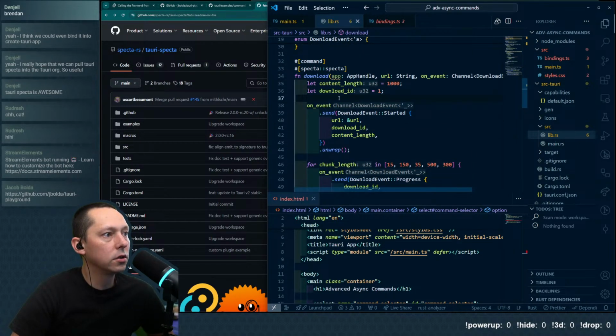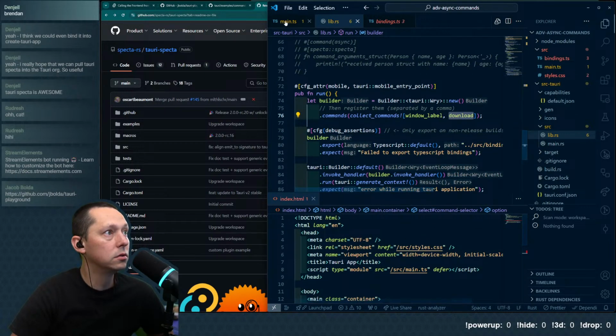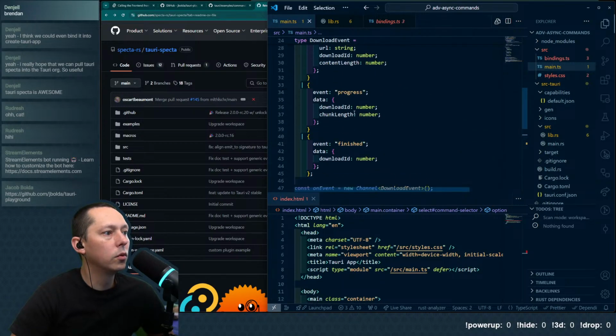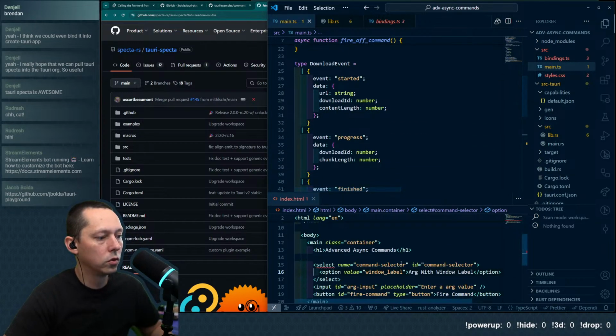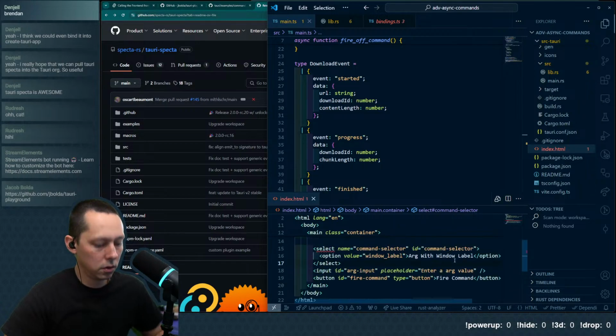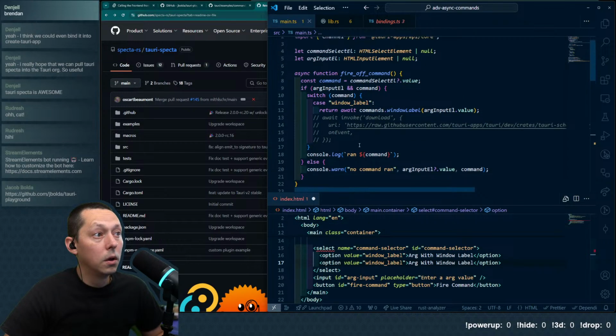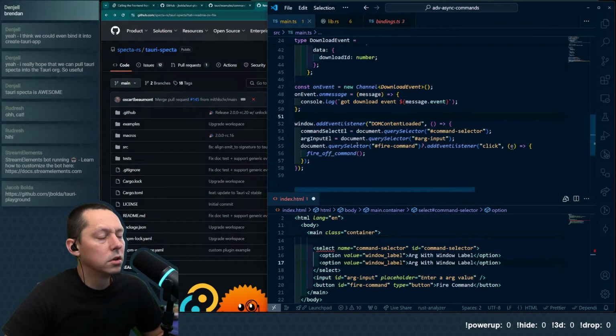Okay, so we've got download. We have it added to the commands list. We need front end now. Front end, we are going to do an options, and I guess I called it download.